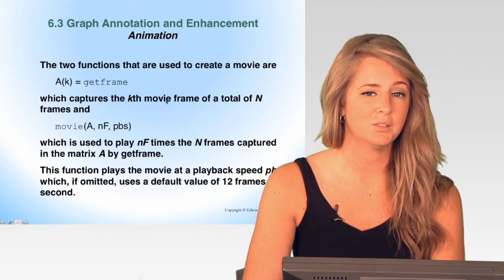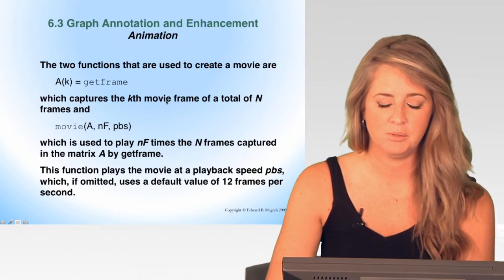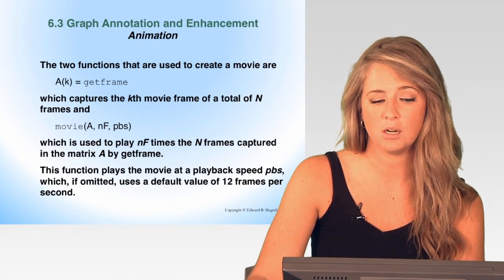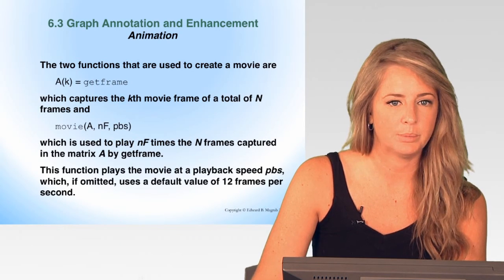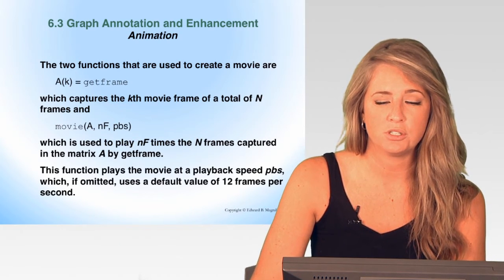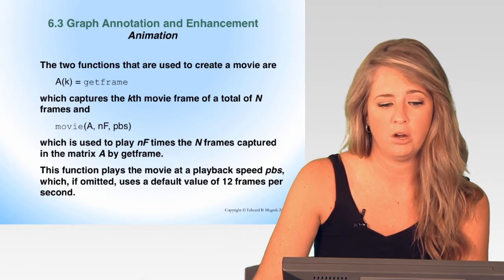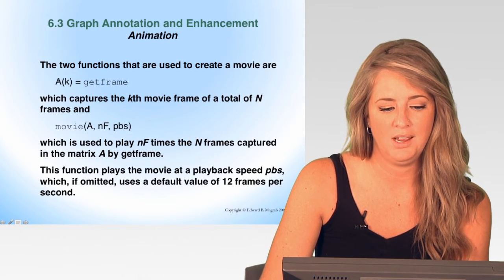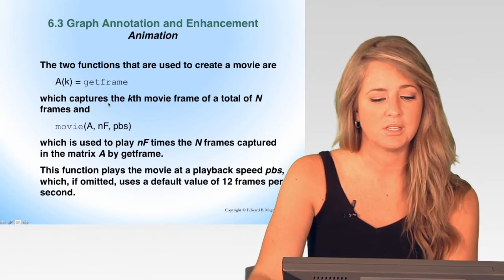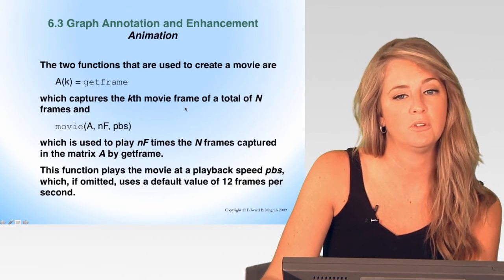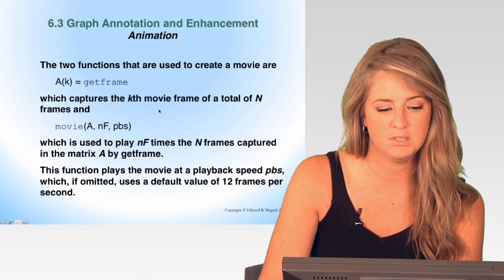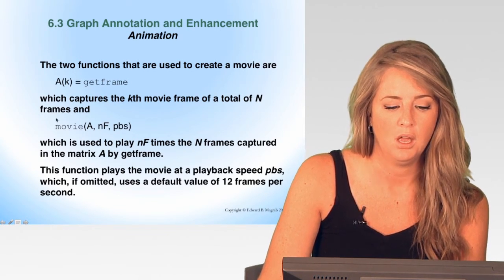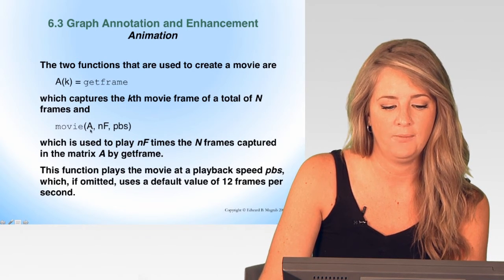Animation is something else that we can do in MATLAB. This is going to be really cool. I'm going to show you guys the example in the next video where we're going to animate a slider crank. It's actually pretty simple to do in MATLAB. So the two functions that are used to create a movie are this getframe. So you have this subscript notation A(k), which captures the kth movie frame of a total of n frames. So you do that, and then we have this movie function where the input arguments are A, the NF,